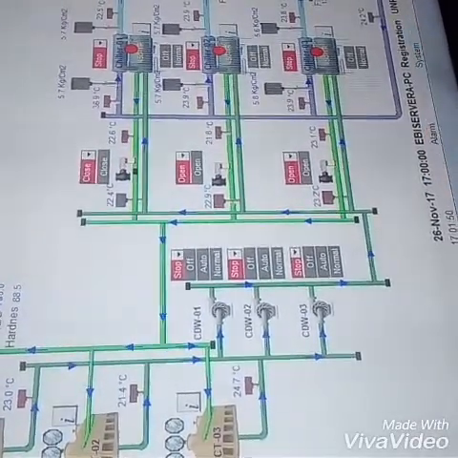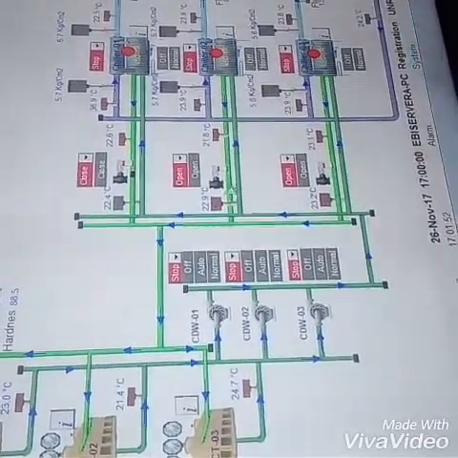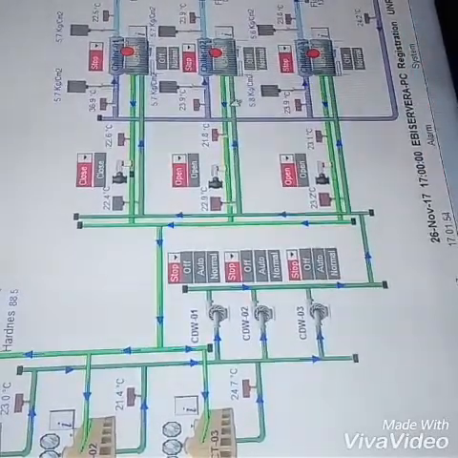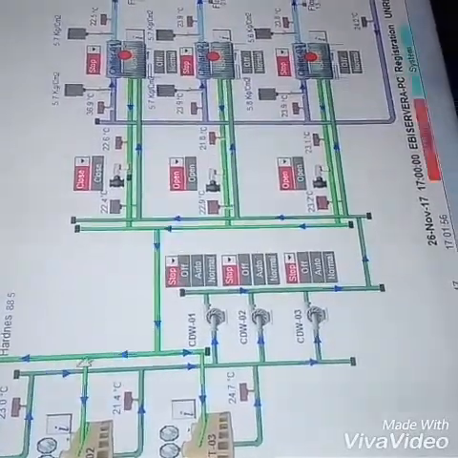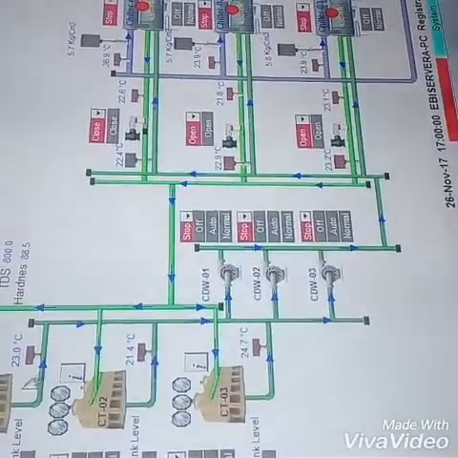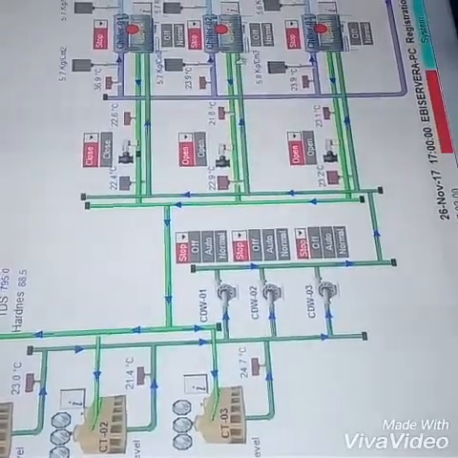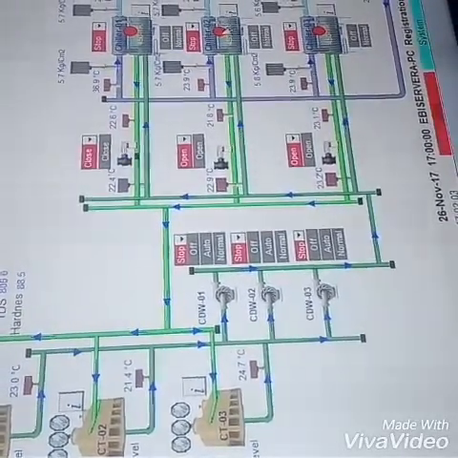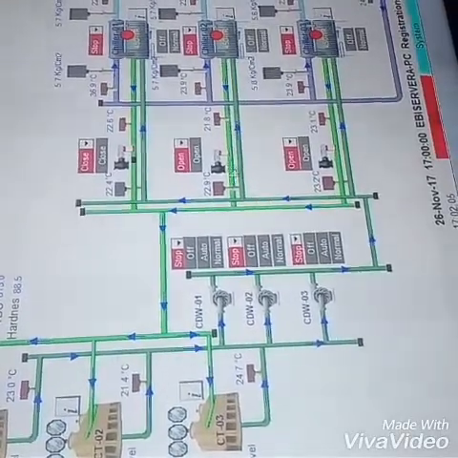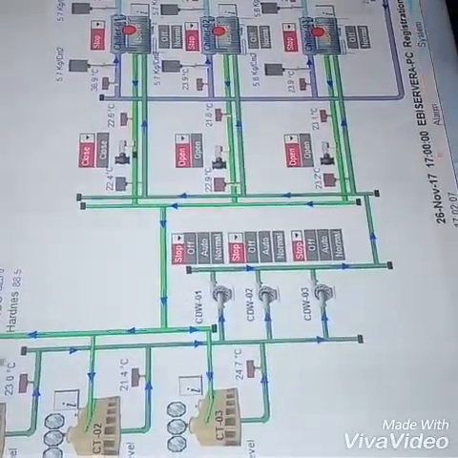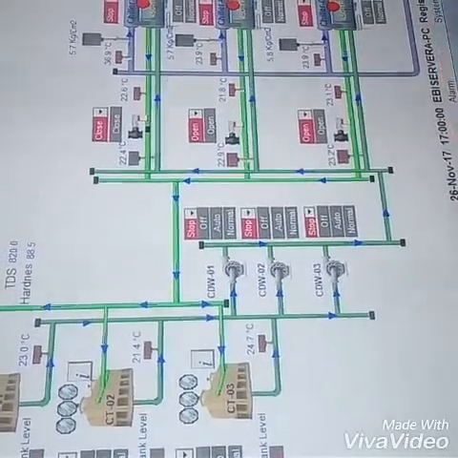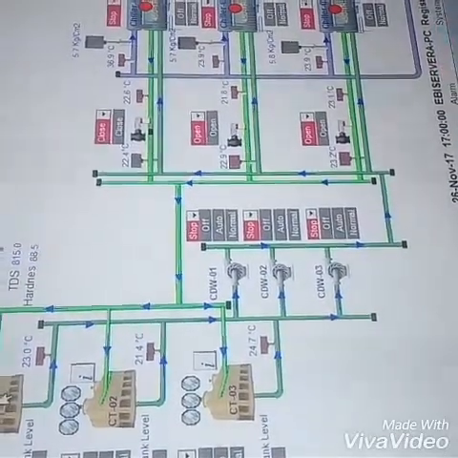It will heat, and that heat will be absorbed by this cooling tower water, the condensing water which will come from the cooling tower. Now it will gain the heat from the refrigerant and will go to the same cooling tower. Here the fan is there, fins also there.